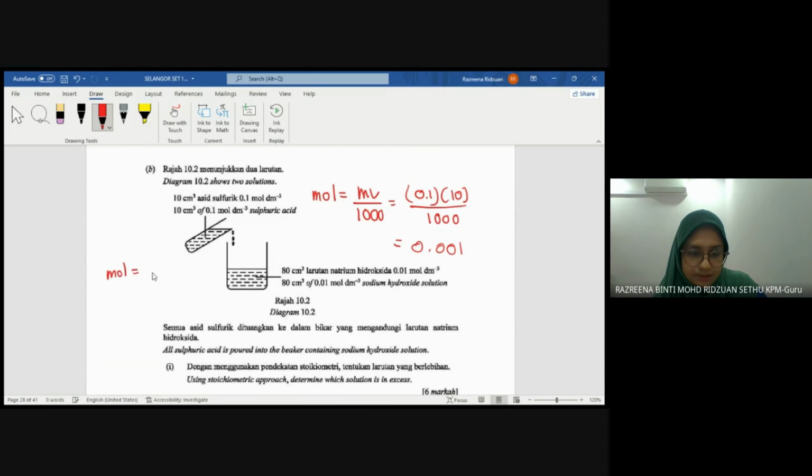Mole here is mv over 1000. So 80 times 0.01 divided by 1000. So 80 times 8